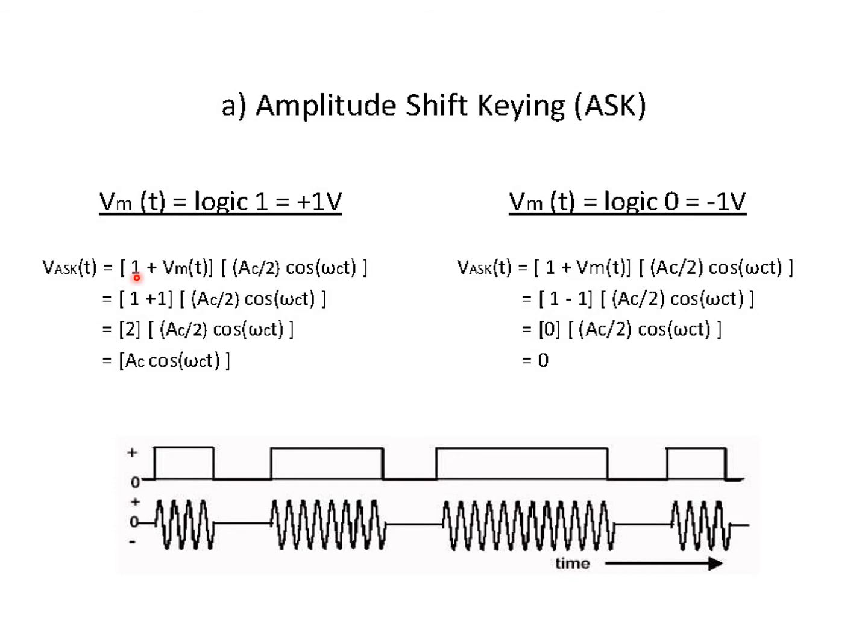In the equation we can substitute for this message signal Vm. We have intelligently taken the amplitude of the carrier as Ac/2, because we know that the incoming signal at the on state has amplitude plus 1 volt. If the input signal is plus 1 volt, then 1 plus 1 will become 2 and it will cancel this 2. So you will have an Ac cos(ωc t) carrier at the output. When the logic is 0,